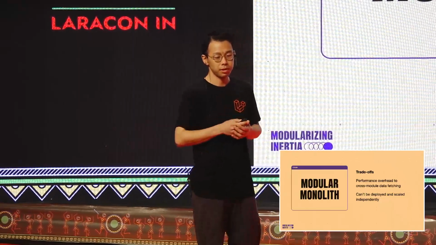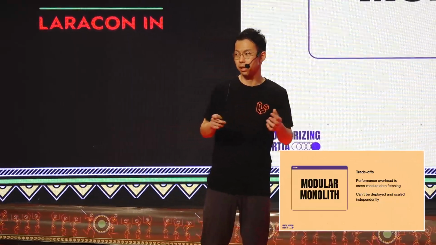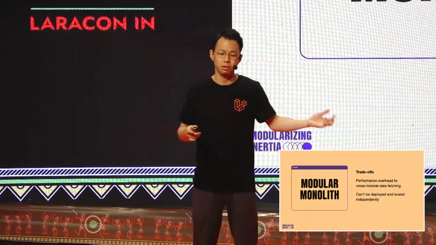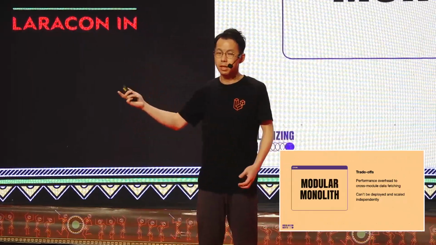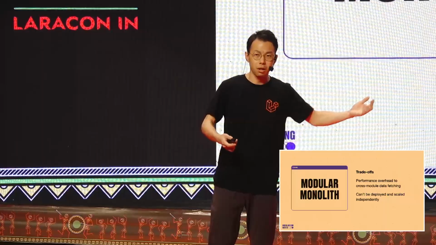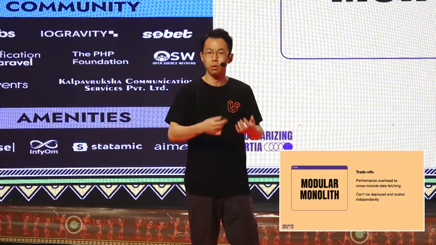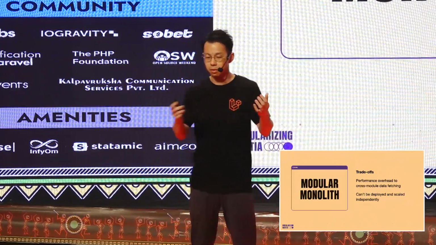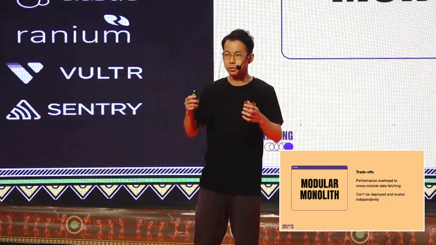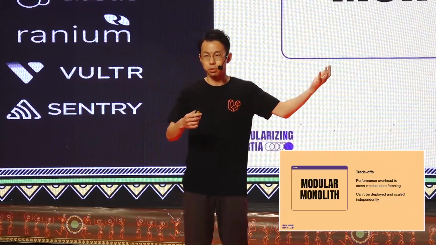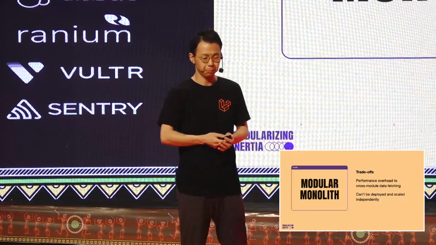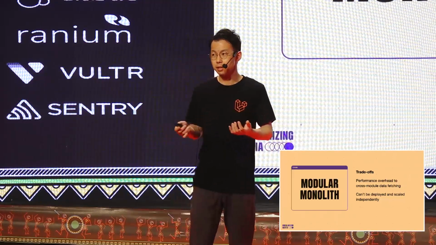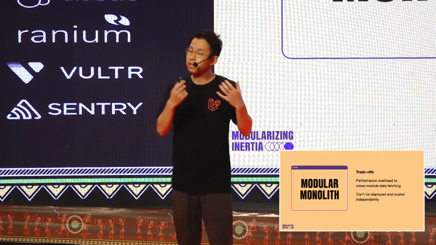And in modular monoliths, there's some performance overhead to cross-module data retrieval. What I mean is that when module A retrieves some data from module B, it cannot use model eager loading in Laravel. So instead, you have to use the contract that module B provides to keep the modules isolated and decoupled. It's fine in many cases, but if you experience any significant latencies because of this, what you can